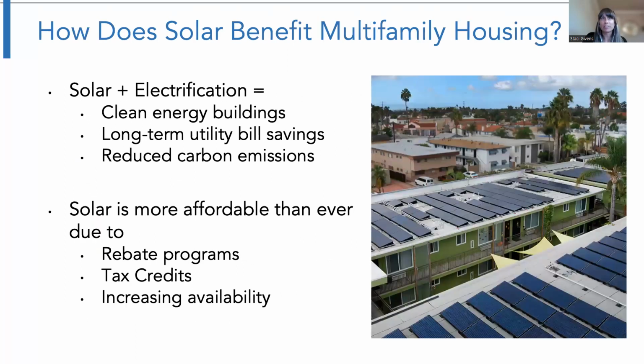Electrification alone in multifamily buildings contributes to healthier air quality by eliminating the emissions associated with carbon-based fuels, leading to a cleaner and safer environment. With the transition to all electric, incorporating solar can offset the electric loads and support a reduction in operating costs for property owners. Even with solar energy being one of the fastest growing clean energy sources for multifamily housing,